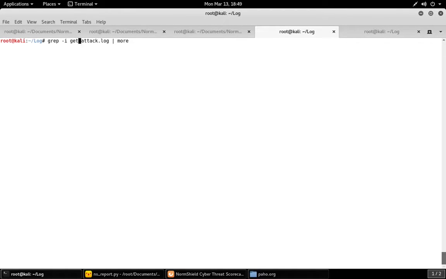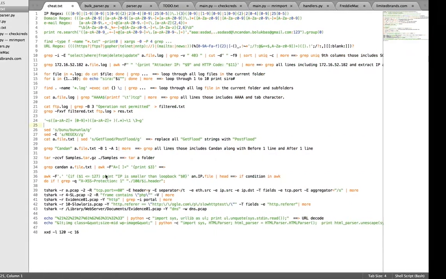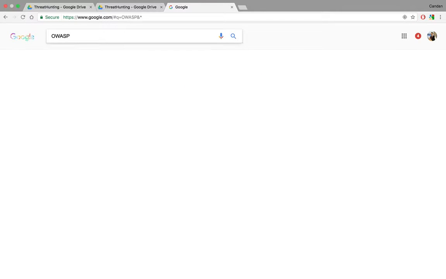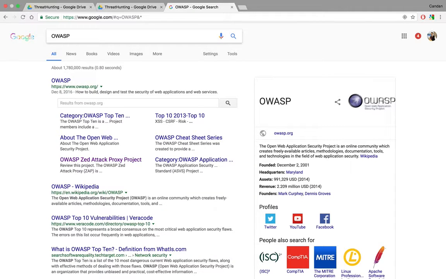Another thing, we're gonna look at some of the lines that may include some kind of attack vectors, right? So let's find some kind of attack vectors that can be found in a web application log file. So we need some web level attack vectors, right? So I know a really good resource to find some of the web level attack vectors. That's called OWASP. If you guys are not familiar with OWASP, I strongly encourage you to take a look at that. They have absolutely perfect